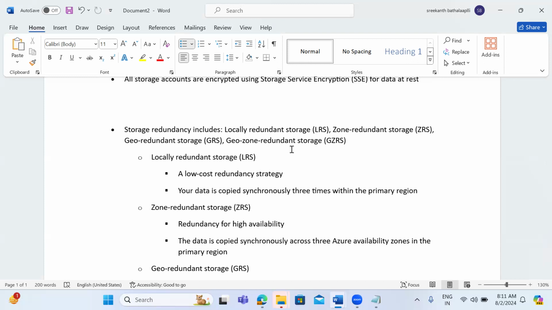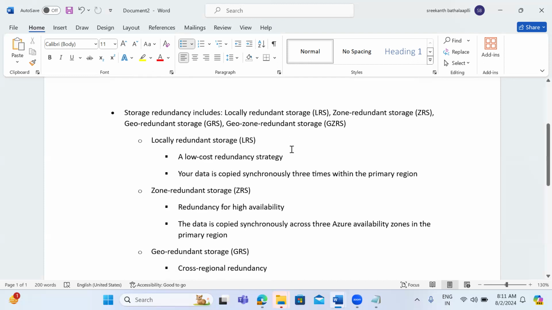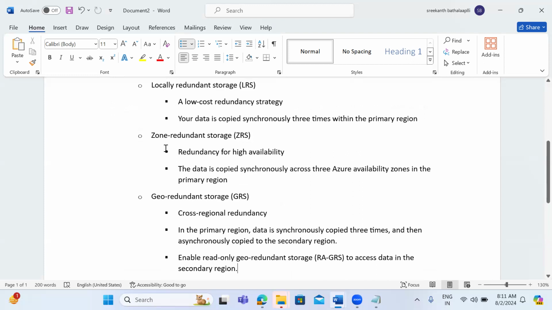Okay, so then zone redundant is across the three Azure availability zones, we are going to keep it. But here, this is locally we are going to keep. And in the geo redundant,